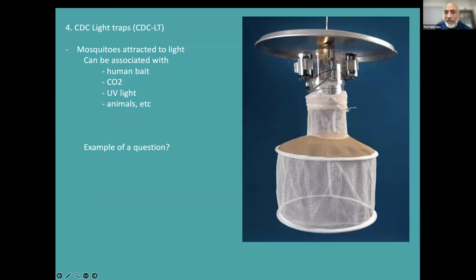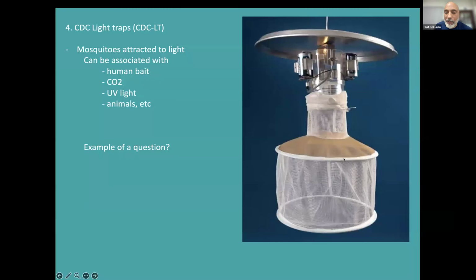It goes up towards the light. And the vacuum produced by the fan sucks the mosquito down here and into this sort of cloth cage. And now you can go in and collect the mosquitoes every 12 hours, like set the trap up at 6 p.m. and pick it up in the morning and you'll have 12 hours worth of mosquitoes,